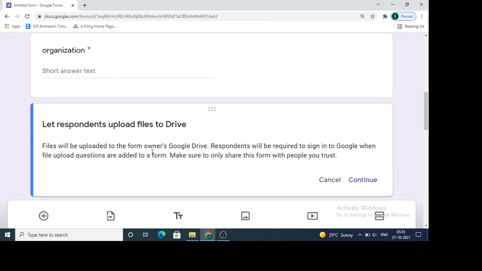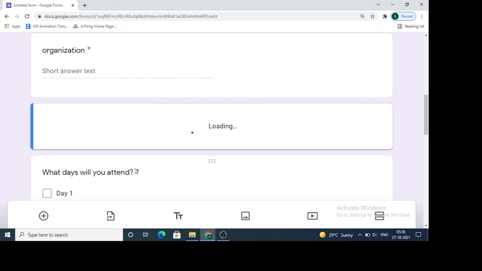Files will be uploaded to the form owner's Google Drive. Respondents will be required to sign in to Google when file upload questions are added to the form. Okay, so we'll do continue.